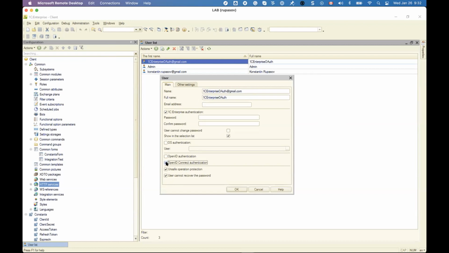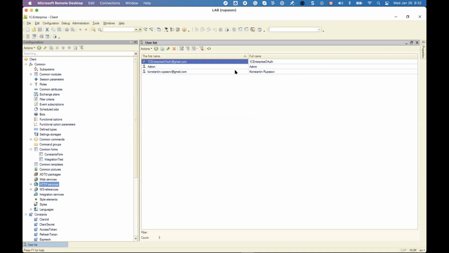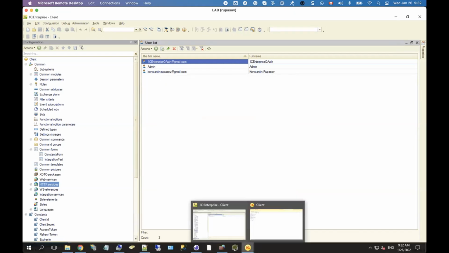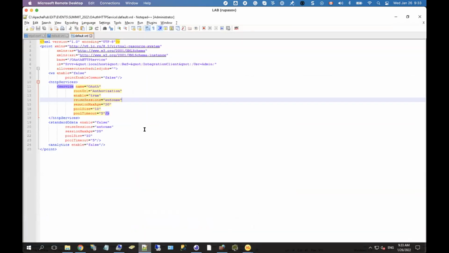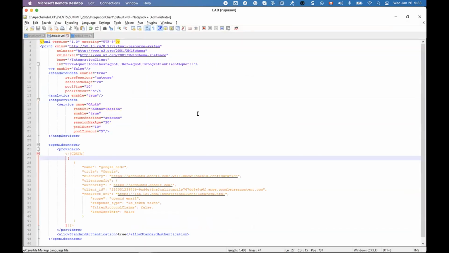So the only thing I need to do is to click this OpenID Connect authentication flag. So I allow this user to log into my application using OpenID Connect, and this is it from the Once Enterprise side. But there is another piece of work that needs to be done, and it lives in